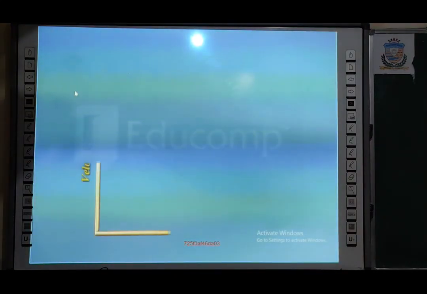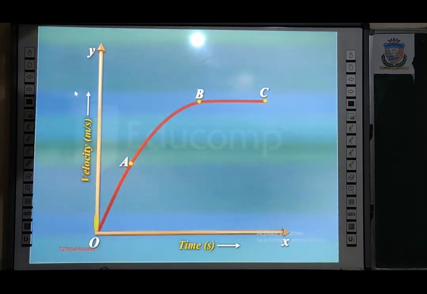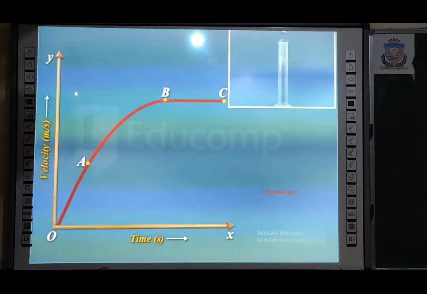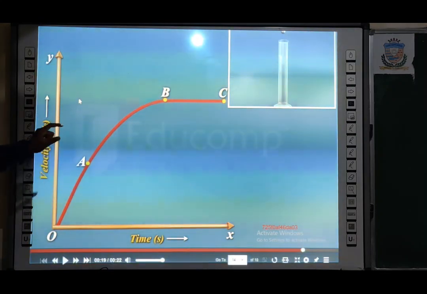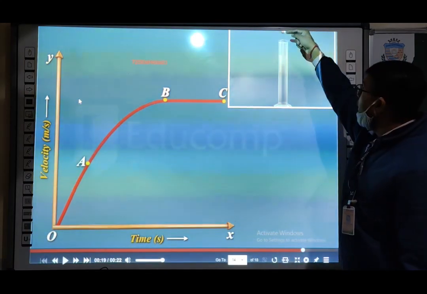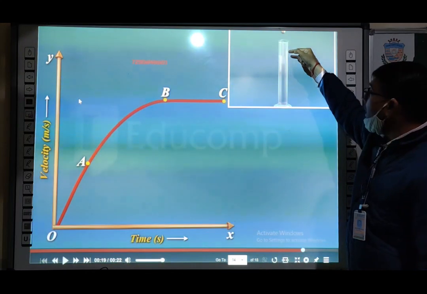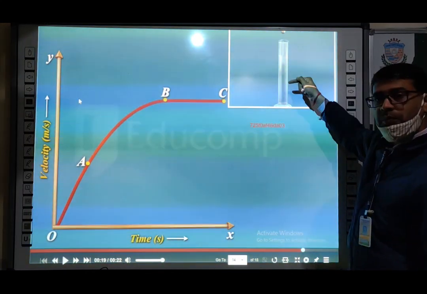Let's plot the graph between the velocity of the object falling in the viscous medium and time. The velocity is along the y-axis and the time is along the x-axis. The initial velocity of the object dropped from the top of the liquid column is zero. Initially, its velocity will increase with respect to time, but after some time, the velocity will remain